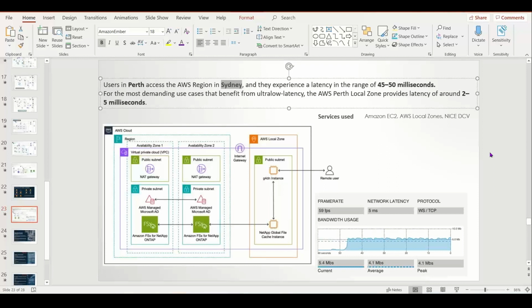They will connect to a graphics-enabled remote workstation for doing their regular activity. So now, after the Local Zone was introduced in the Perth location, they are able to access their workstation, or their applications, with only 2 to 5 milliseconds, which is a drastically good improvement, right? And they have enabled this AWS Local Zone, and they have consumed the service called NICE